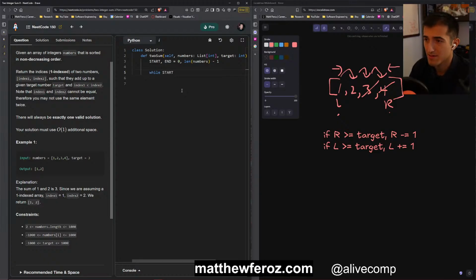While start is less than or equal to end, plus 1.